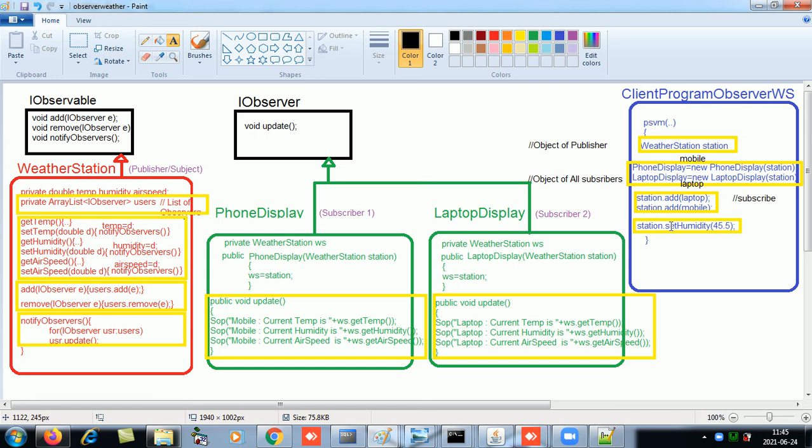Okay, and now what I have done, make the change in this object. Now from here I am doing station dot set humidity as 46.5. The humidity is 46.5%. So this means the state of the object has changed. So this object